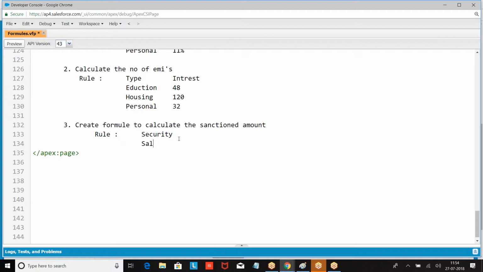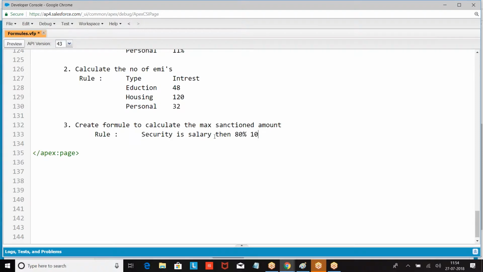If security is salary, then 80% of. If security is salary, I'll give the maximum sanction, 80% of salary.